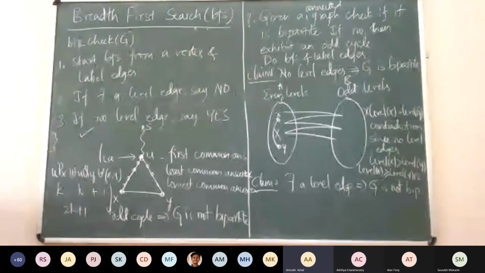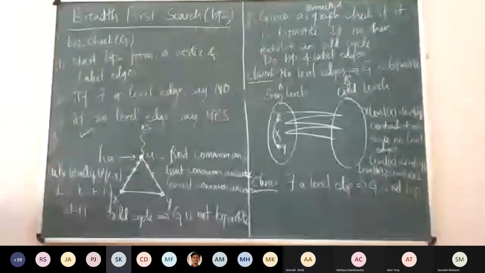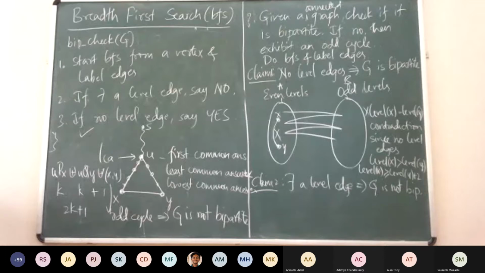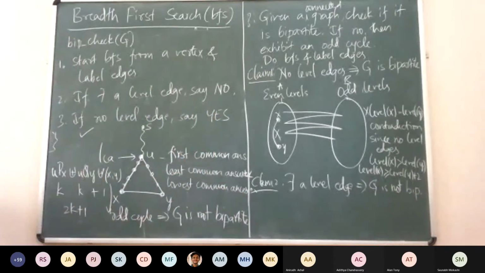We can maintain a previous array during the BFS, which maintains the parent of every child. Okay, so you want to maintain the parent. Good. You can use a data structure called previous or predecessor or parent, which will maintain the parent of every vertex in the BFS tree which we are building, right? The parent is unique, right? So once you maintain that, from every vertex you can always go to the parent to get the path, right?